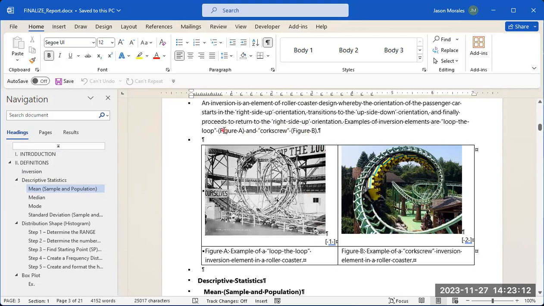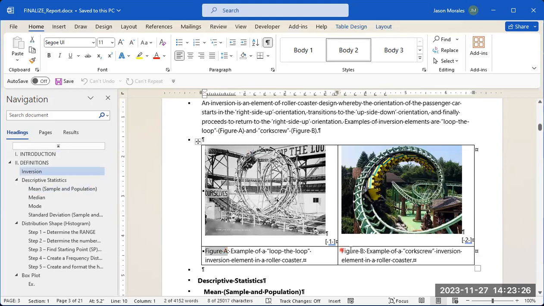And you refer to figure A in your text and you reference another figure in your text. You just want to make sure that if this is called figure space A and figure space B, that you use that same format, figure space A and figure space B, both here in the figure caption